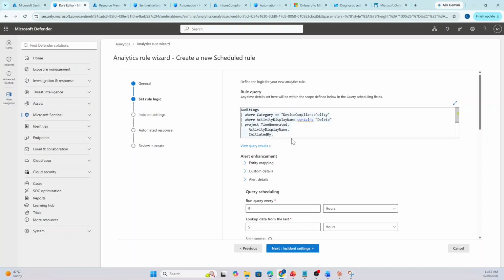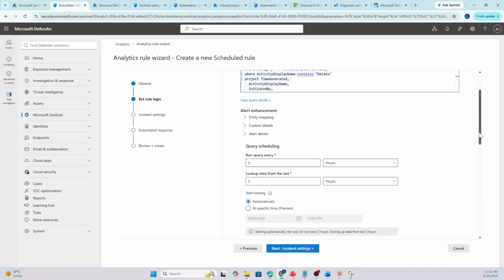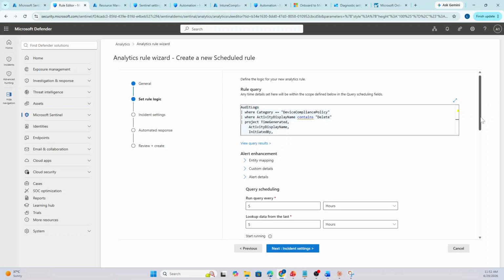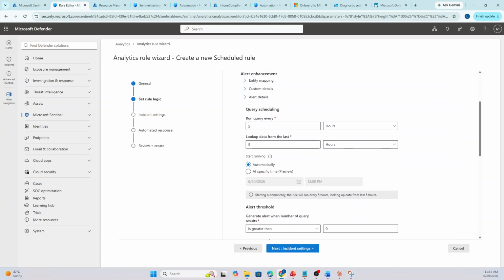Time generated, activity display. So what it will do, it will check frequently. It will check if there is any compliance policy related activity, and it will send an alert. So run this query every 5 minutes. Look up the data for the last 5 minutes. Start automatically, right? And then here